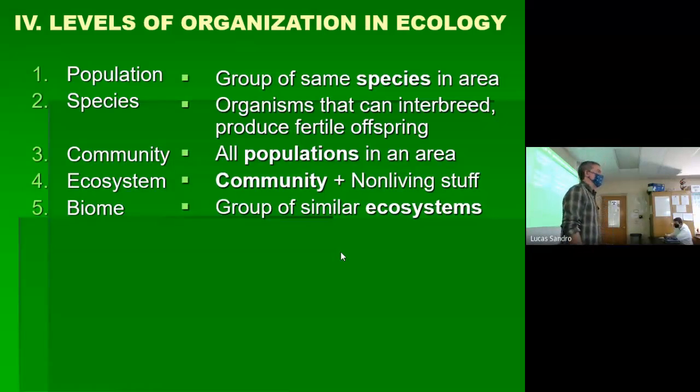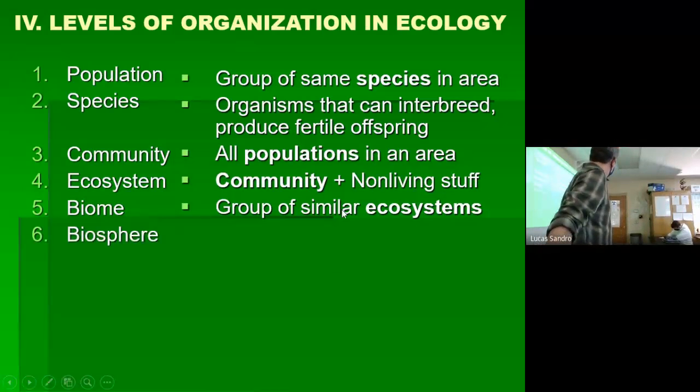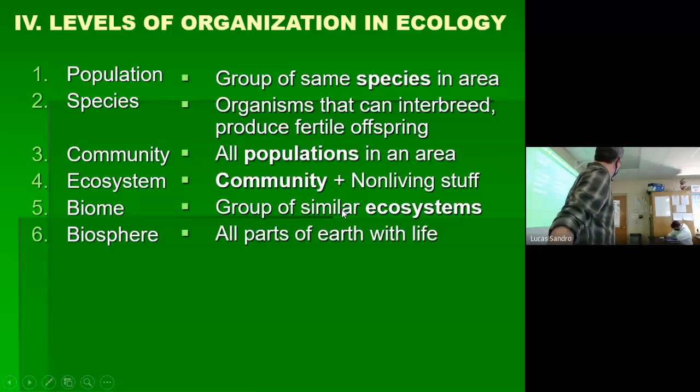Finally, we widen all the way out to every place on Earth life can exist. It goes from a couple miles above the surface, where we find bacteria floating. Bacteria are the ones at the edges of habitability, to a couple hundred feet down below the surface, again bacteria, all the way around. What do we call that? Biosphere, exactly. Perfectly logical term for that, right? All the parts of Earth life can live.